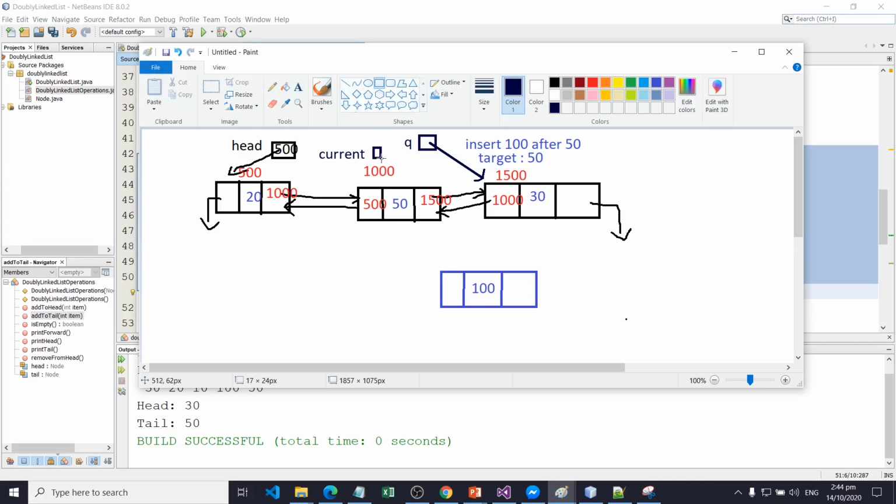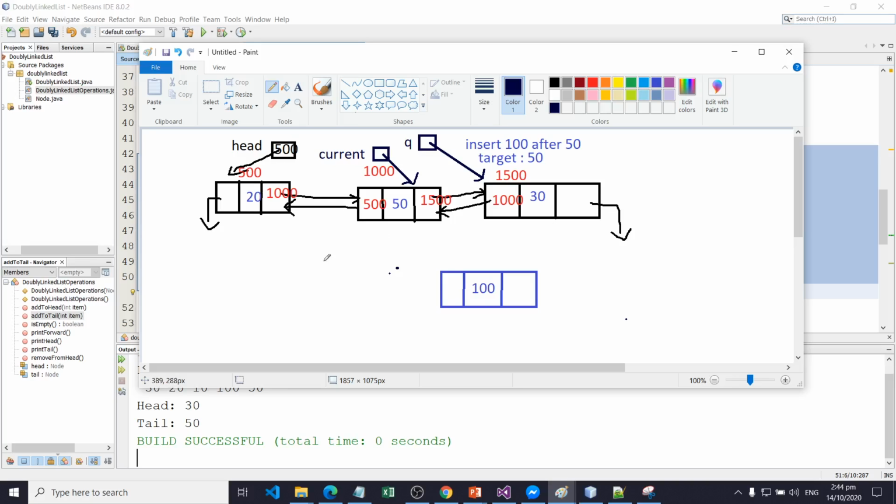So it's now easy for us to make this current point to our new node.